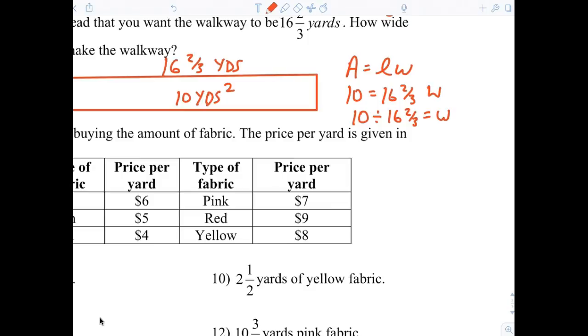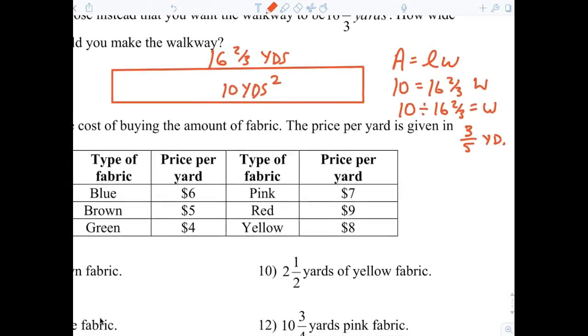3/5. Now, units are important. So you're going to say 3/5 what? 3/5 of a yard. Exactly right. 3/5 of a yard. Everybody happy with that explanation now? Is that our final answer? That's your final answer. All right, so your rectangle or your walkway is going to be 16 2/3 yards by